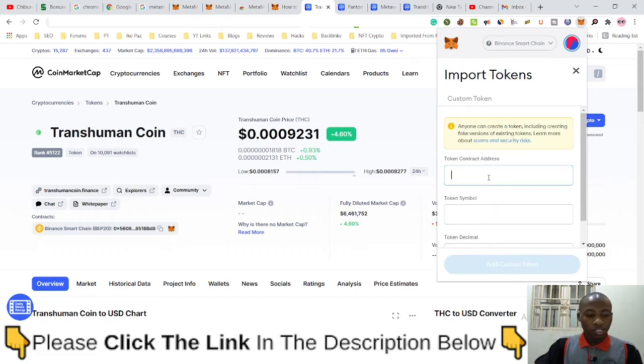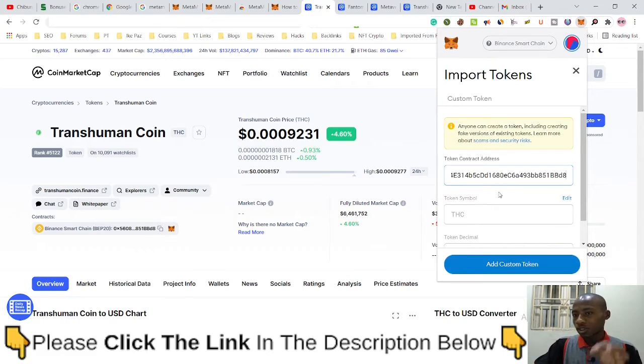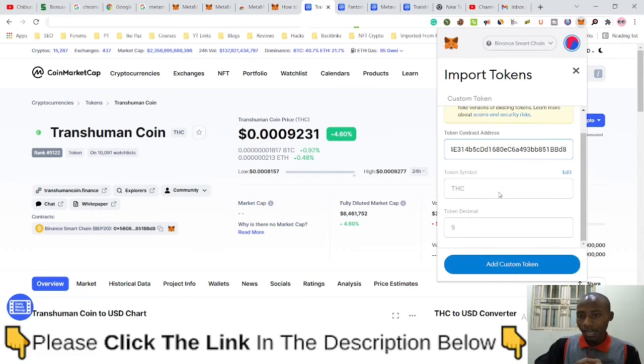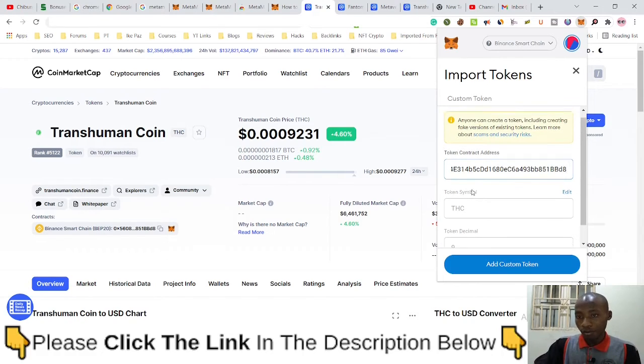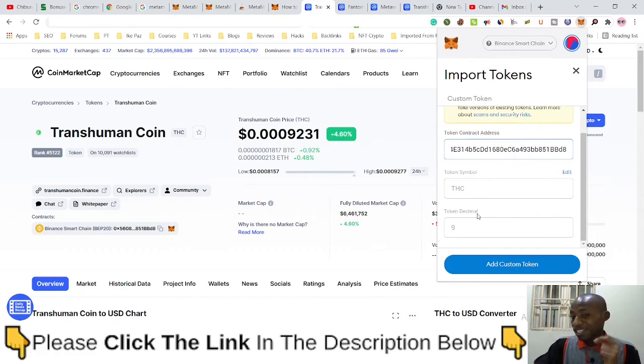After clicking on it, just paste the contract address you copied from CoinMarketCap. If that contract address is correct, it should automatically populate all other information for you.